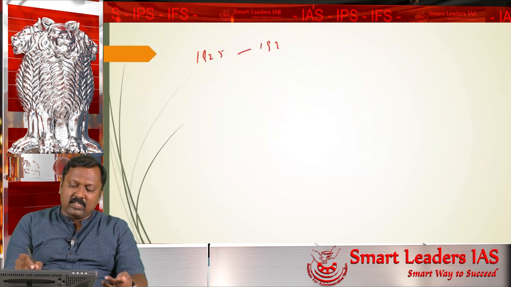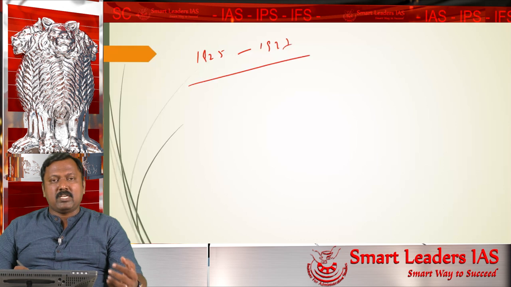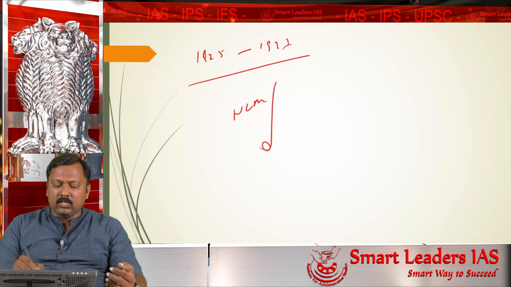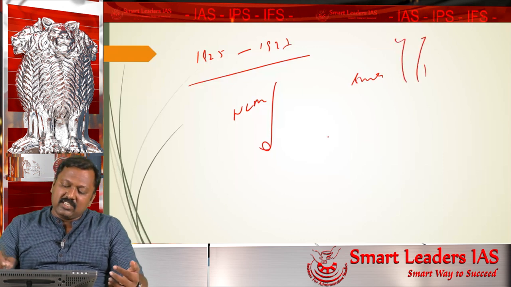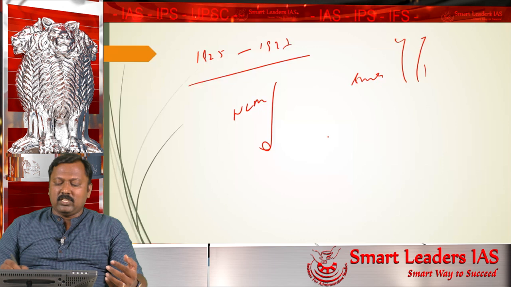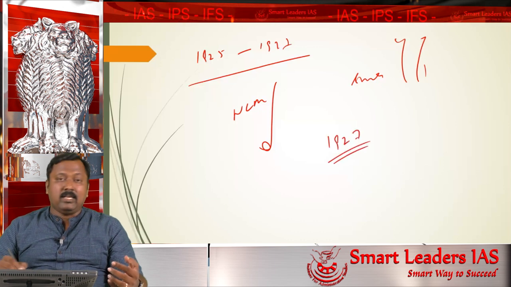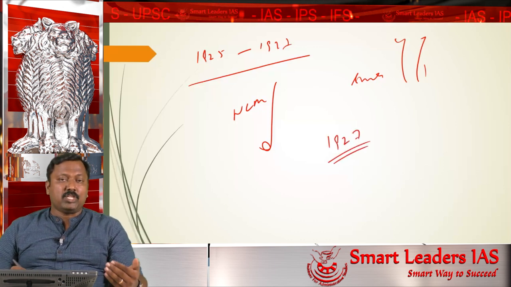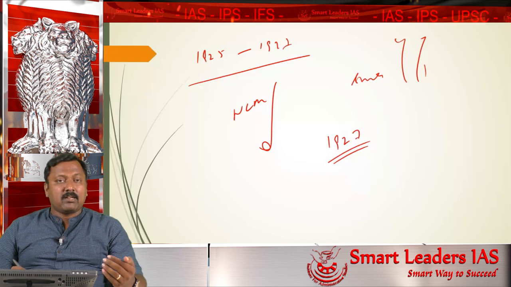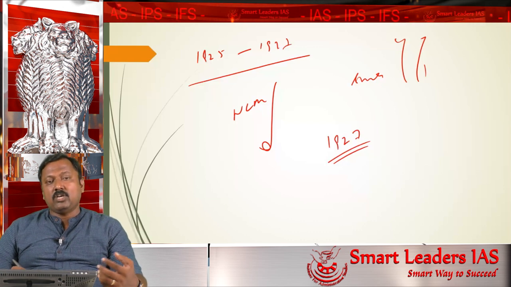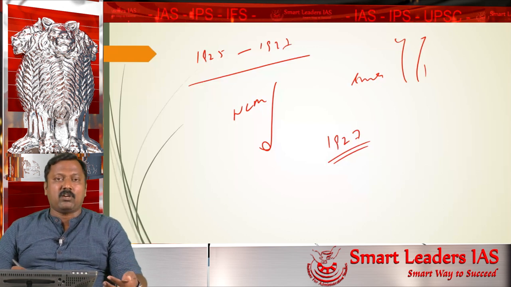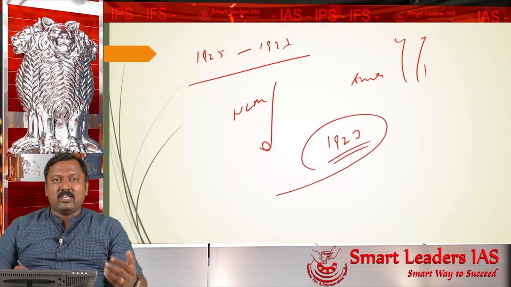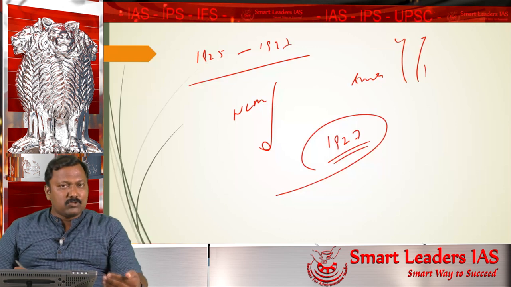from 1925 to 1927, there is no great movement which happened, because the non-cooperation movement had been withdrawn, and the Swaraj Party, which was taking part in the elections, could not achieve what they intended to achieve. So in 1927, you must know, when Gandhi was asked what the future, what the fate of the national movement in India was, Gandhi said that his future lies with God, in the prayers with God, and he is waiting for the answers from God for the prayers. That's what he said.